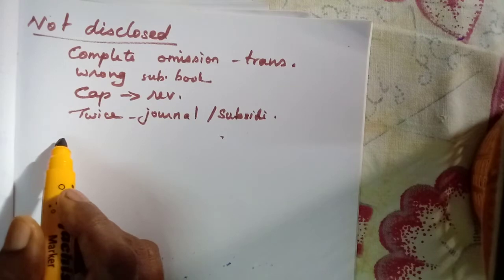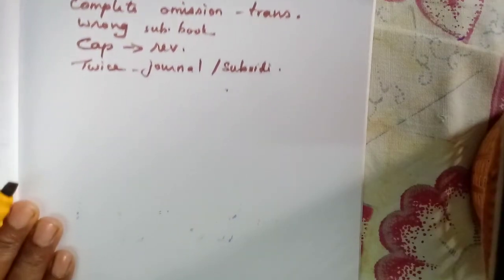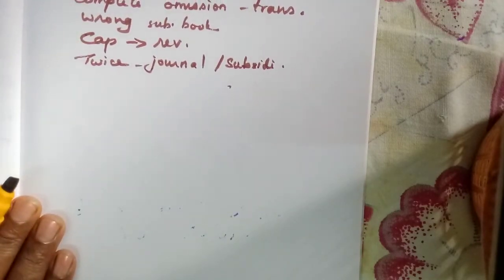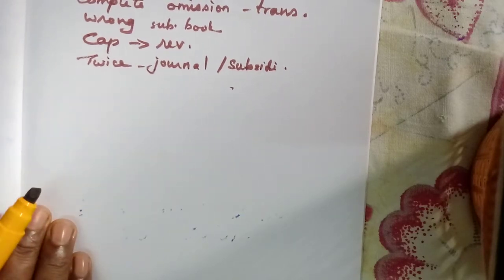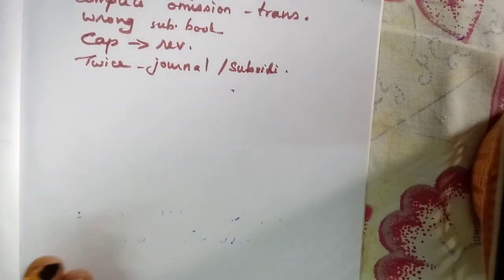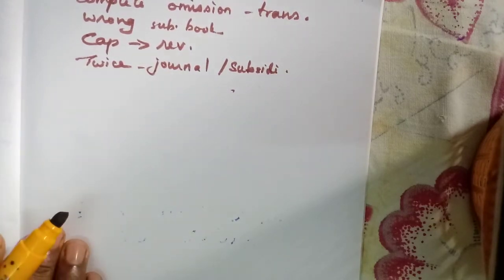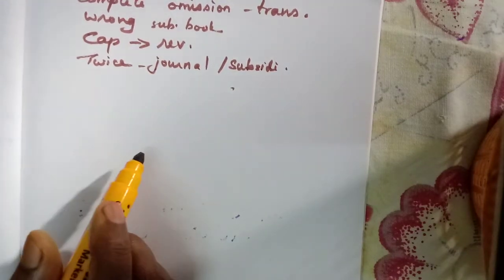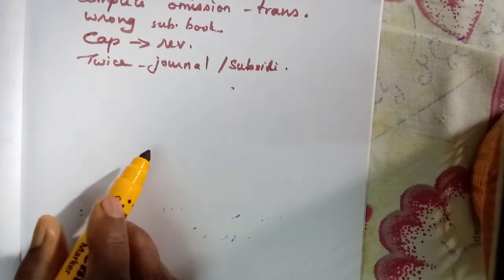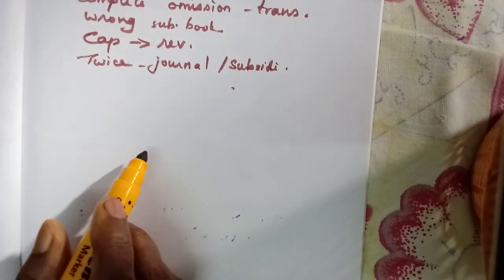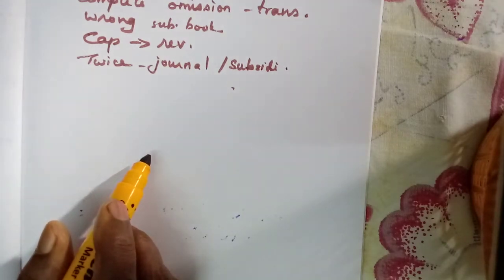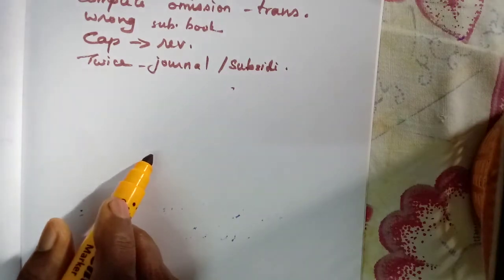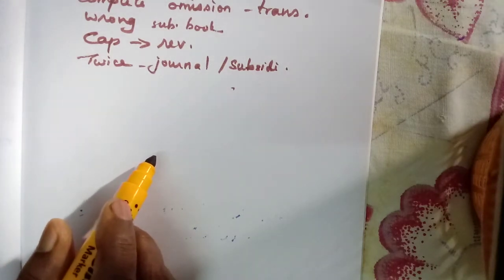Now how to locate these errors? How to find out the errors? How can you make out? You know, the difference is there in the trial balance. We have to write the difference amount as suspense account, isn't it? So how can we check? We have to make a thorough check. From the journal entry, whether they have made any double journal entry. A double journal entry will not affect the tally of the trial balance. Even then we should check.